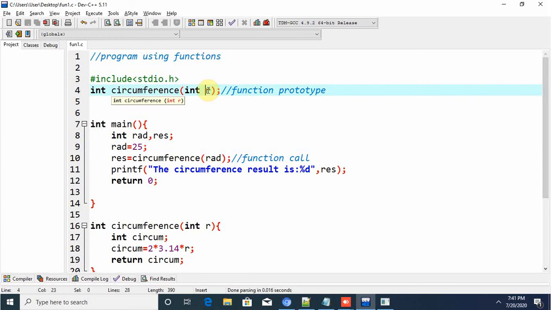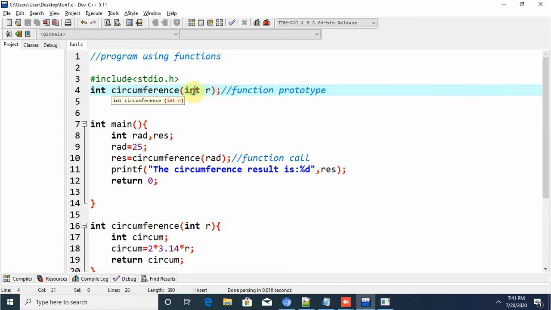If we use them in the function definition part, we call that a formal parameter, but in the main program we call it actual parameters. Actual parameters means which we are using in the main program. Yes, variables. So we are just changing the terms, that's it.